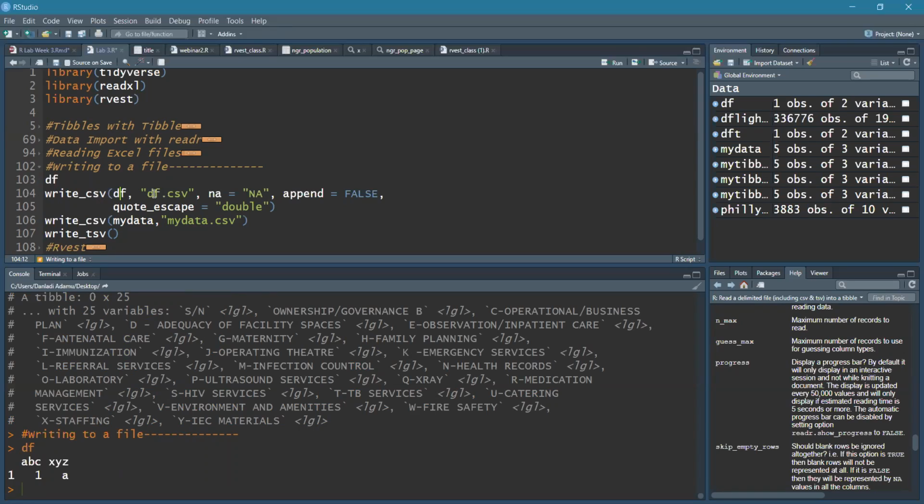So the write.csv function does that, and then you can supply what you want it to save missing values as. You could either save them as NA or as a blank space or whatever, depending on your preference. And then the append argument. Now, what the append argument does is, if you set append to true,